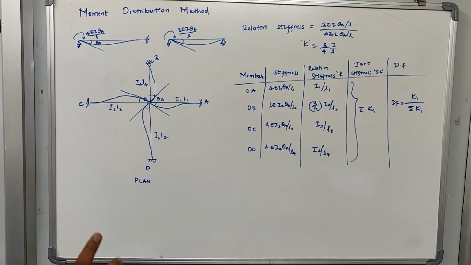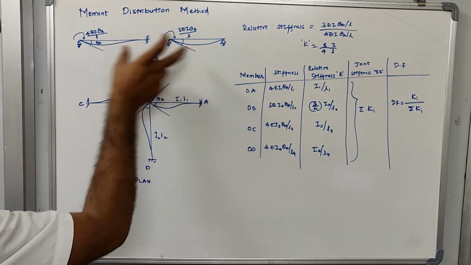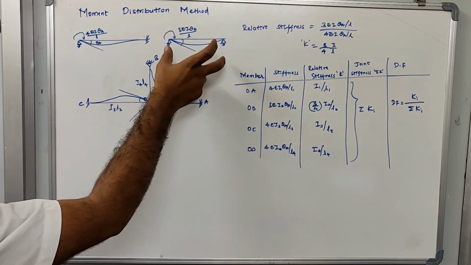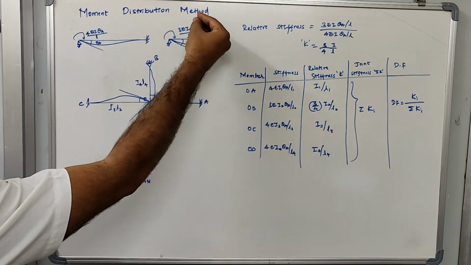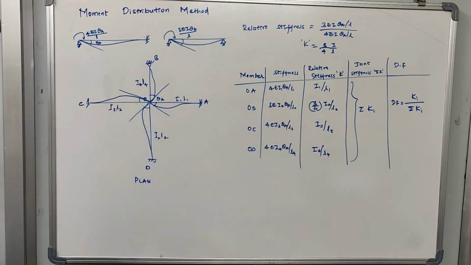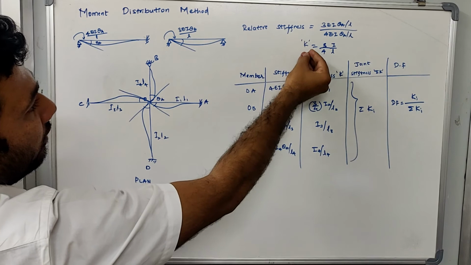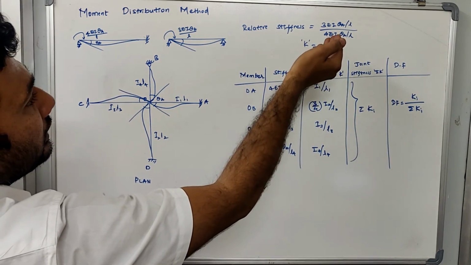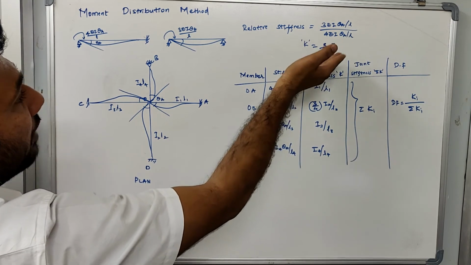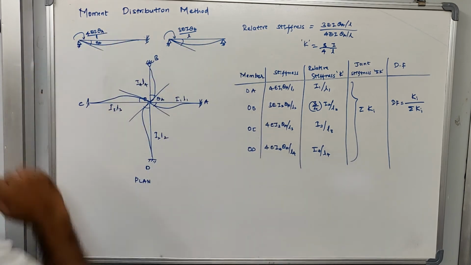Okay, you need to understand this. So if I want to compare the stiffness between two different elements, this is one element, this is another element. If I had to compare the stiffness value of these two elements, what I should do is take the ratio of stiffness values of these two. Okay, so that is what I have done here. So this K value, which is 3 by 4 I by L, is representing the variation of stiffness that will happen between the element which is having far end fixed and the far end hinged.